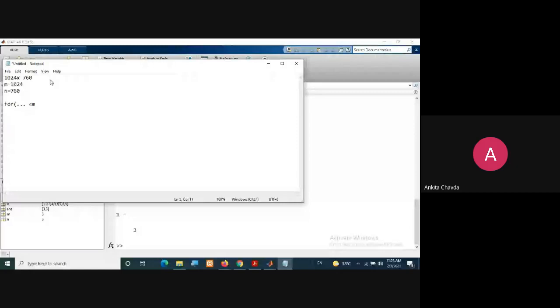And then you will have a for loop, and because you want to simply continue this, right? So this is how you do it. This continuation we have seen at the time of MATLAB, among the special characters.